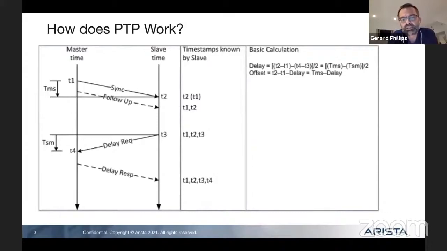But what you end up with is the ability to create two simple outputs from these 4 timestamps. You can understand the network delay between the grandmaster and the endpoint, and you can therefore do some more maths and calculate the offset between the endpoint and the grandmaster. Once you've got the offset, you can correct that offset, right? So this is reliant on a few things. It's reliant on the forward and reverse path being synchronous, and it's reliant on those network delays not changing very much. But if you have those in a well-designed network, then you can have very, very accurate time.